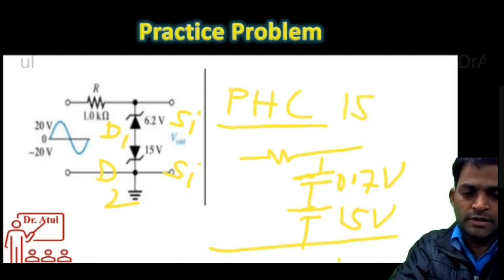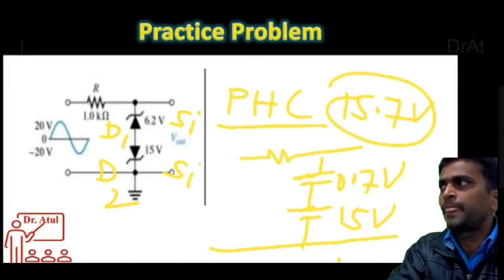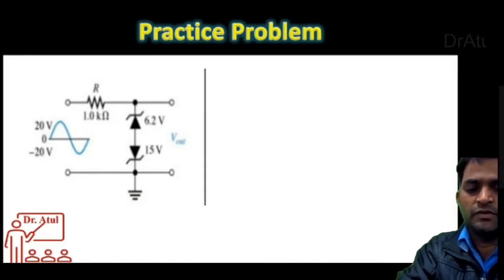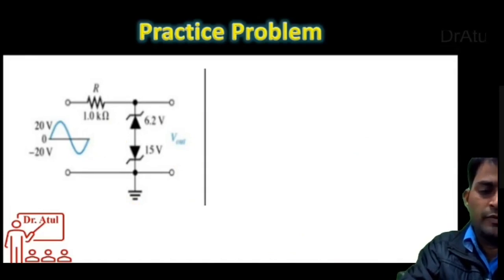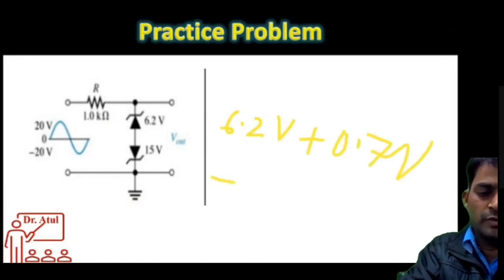This is D1 and this is D2, and both are of silicon. So in the forward bias, what will happen is that this diode will be replaced by a 0.7 volt battery, and this diode will be replaced by a